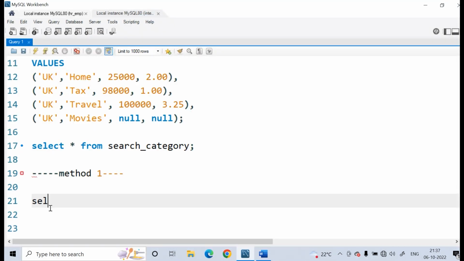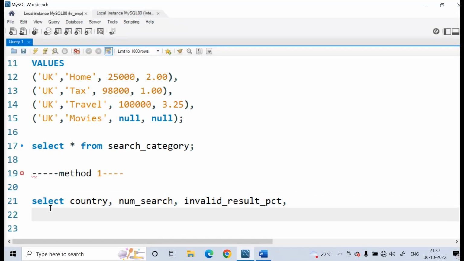So I will select country, then number of searches, then invalid_result_PCT. Okay. Now for removing the null values, I will use the case statement. So what is the case statement? I am just considering that you all know the syntax for the case statement. I am using case when